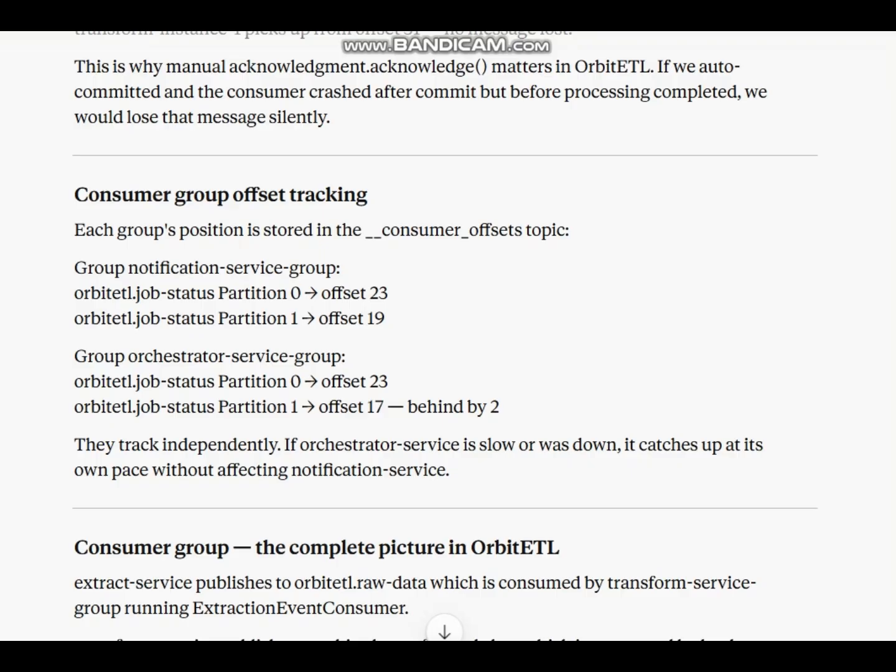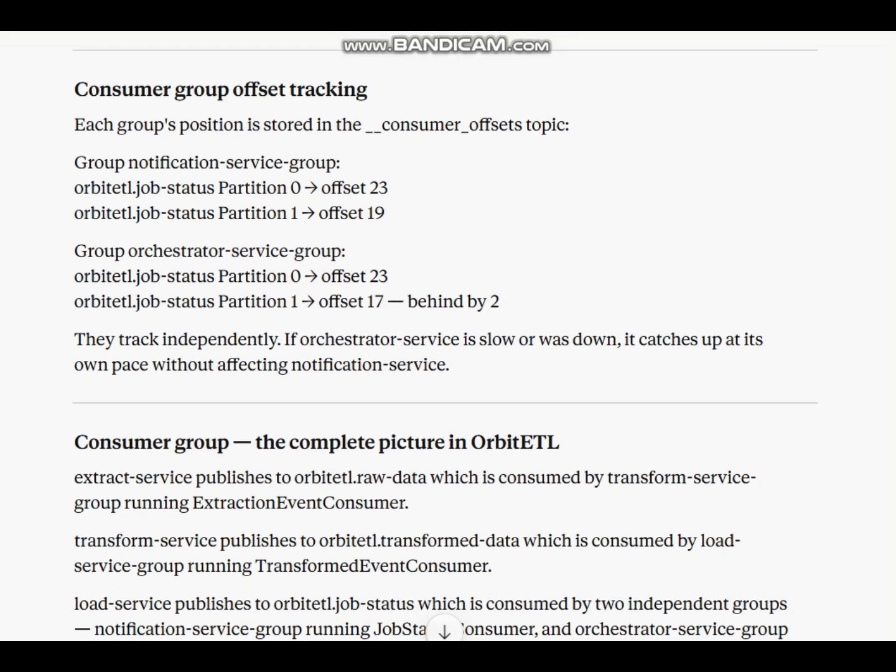Group orchestrator service group, orbitetl.job status: partition 0, offset 23; partition 1, offset 17, behind by 2. They track independently. If the orchestrator service is slow or was down, it catches up at its own pace without affecting